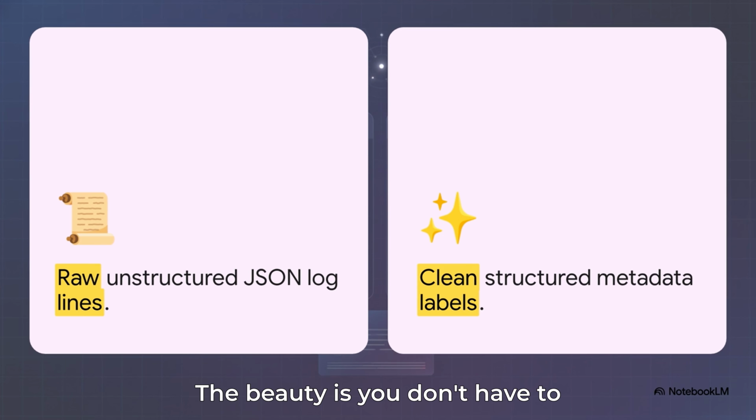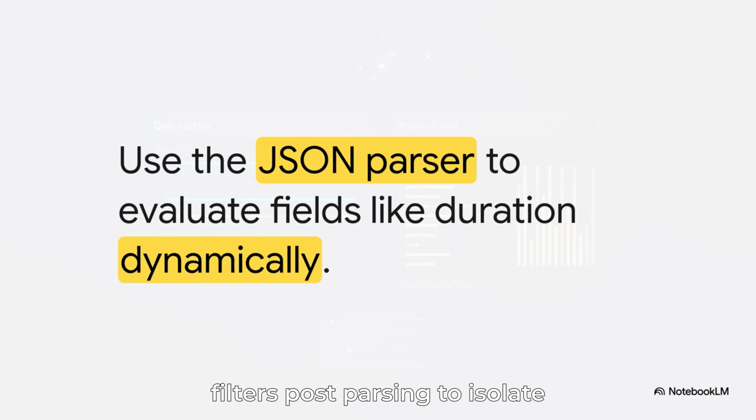The beauty is you don't have to rigidly define this schema or build some massive ingestion pipeline when the logs are first written. You define it exactly when you need it during your investigation, which saves massive amounts of indexing overhead. And once parsed, you can apply label filters post-parsing to isolate really specific conditions, like, say, finding requests taking